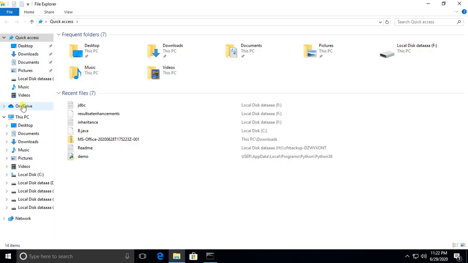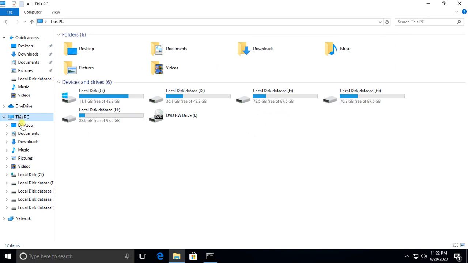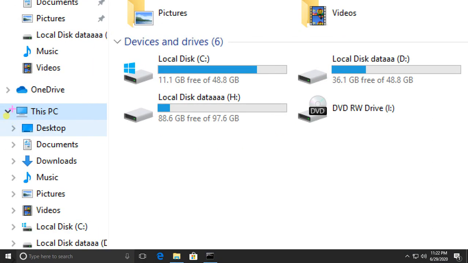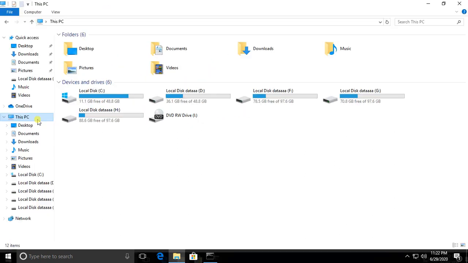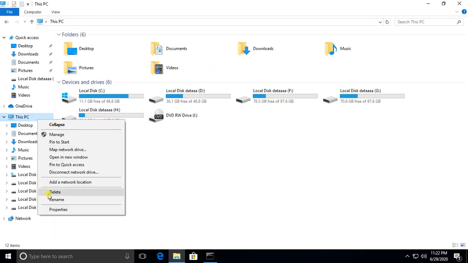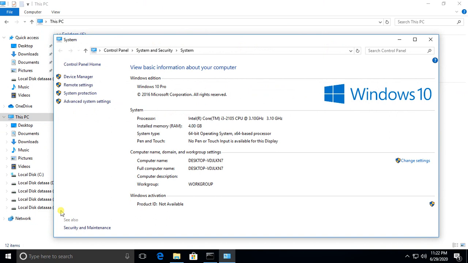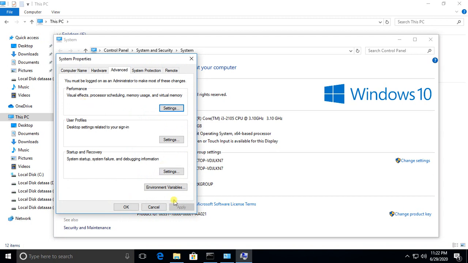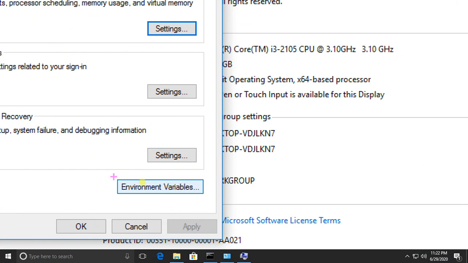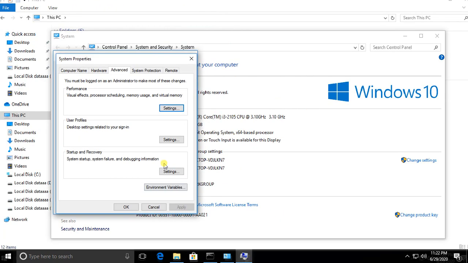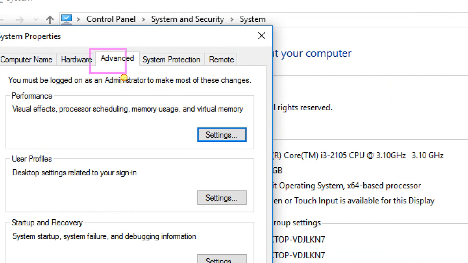Here right click on this PC icon, properties, click on advanced system settings, click on environment variables, under advanced tab.